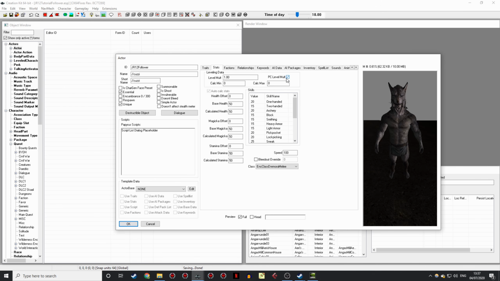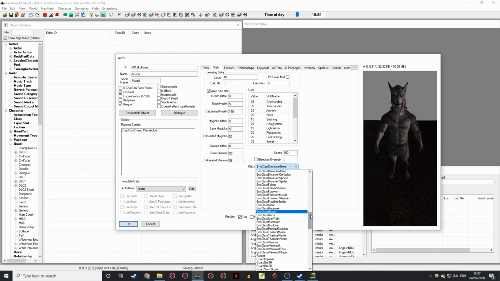So I'm going to uncheck this, because the purpose of this tutorial is to show you how to do all the things that I do for Lucian. We're going to instead set him to have a constant level, and we're going to set his level to be level 10. So he's going to start at level 10, and we're going to build our own custom training system for him so that you'll be able to train him yourself. It's going to calculate everything for you here by doing auto calc stats. And so we're almost good to go here. Just the final thing to set is the class.